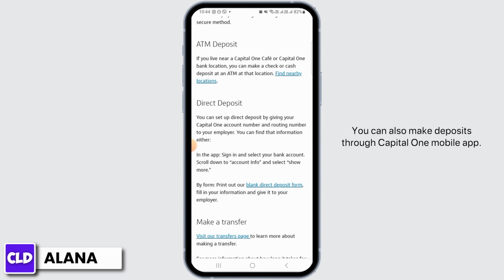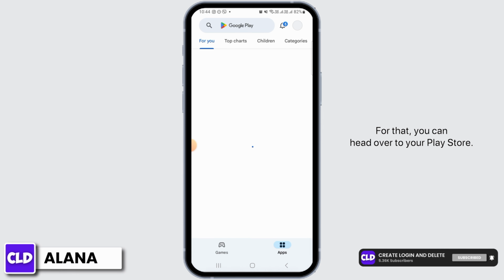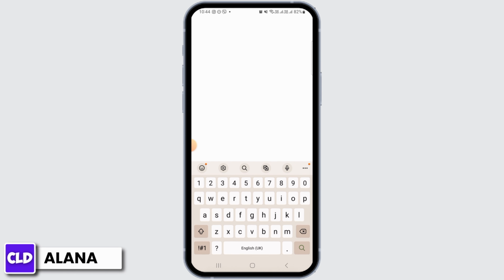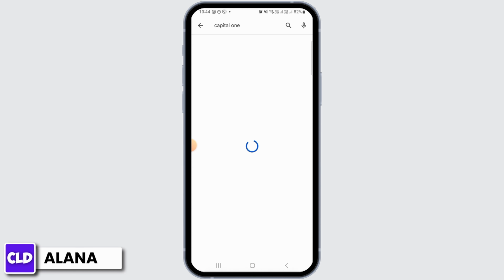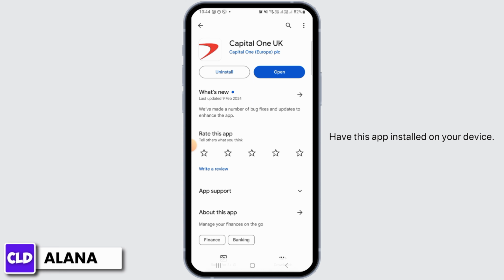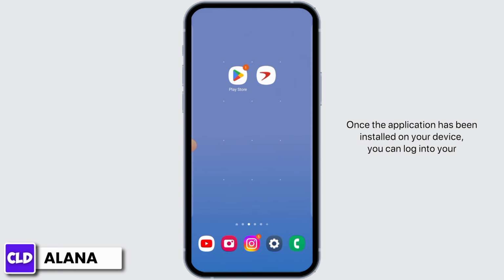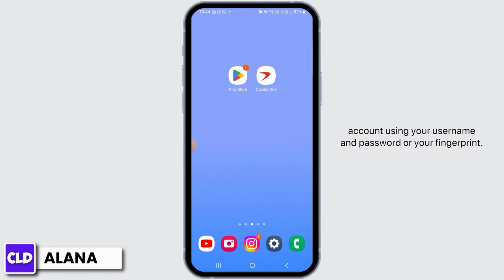You can also make deposits through the Capital One mobile app. For that, you can head over to your Play Store, then search for Capital One and have this app installed on your device. Once the application has been installed on your device, you can log into your account using your username and password